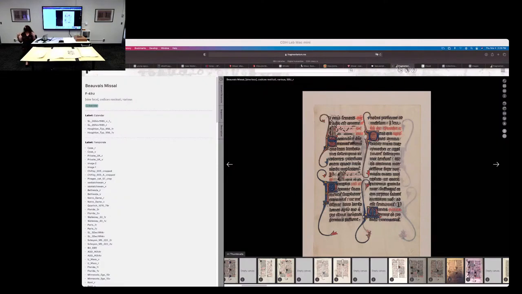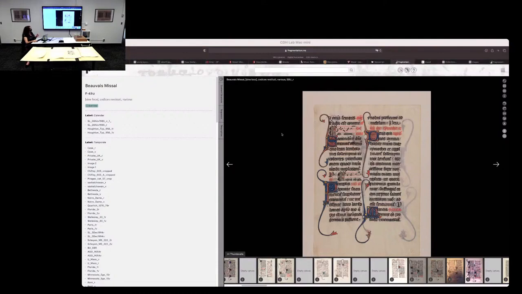So Fragmentarium is this amazing resource that has been developed in the last 7-8 years. It's a data model that's specifically designed for manuscript fragments. So it includes fields that you wouldn't necessarily find in a description of a whole codex. And it allows you to take advantage of IIIF functionality to put these records in the correct order. It's really cool. And then, once you've got that, you can start exploring, and you can start clicking and looking at the different